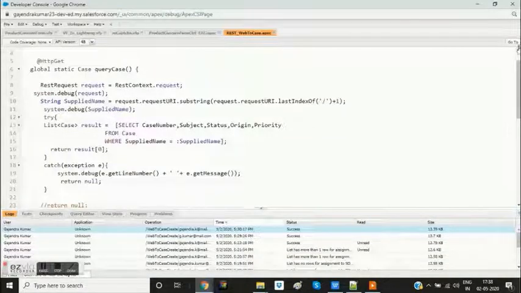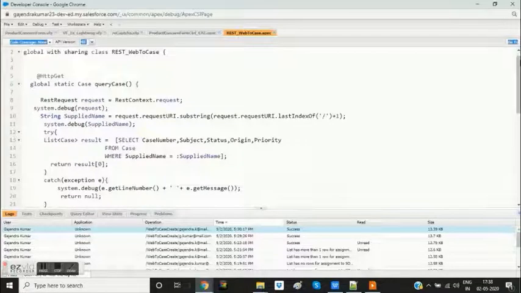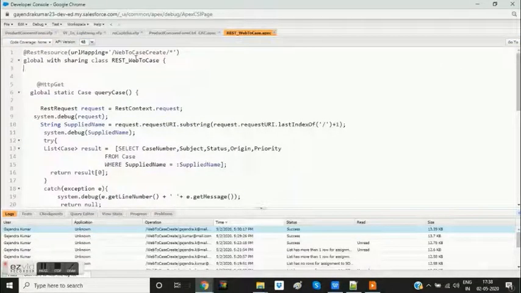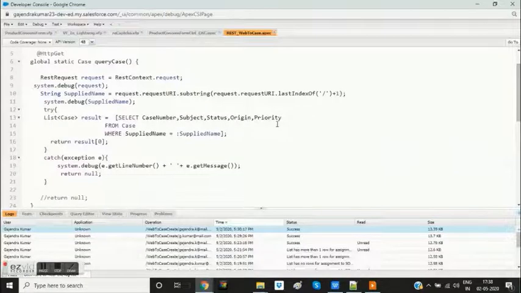As I said, we have to write our service name as serviceName/*. After this last slash, the system is supposed to pass a parameter for querying. So we are going to fetch that parameter out of the URL, the complete Salesforce URL. This statement is req.requestURI.substring(req.requestURI.lastIndexOf('/') + 1), meaning whatever comes after the slash, we fetch it.